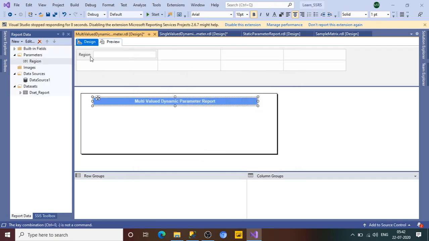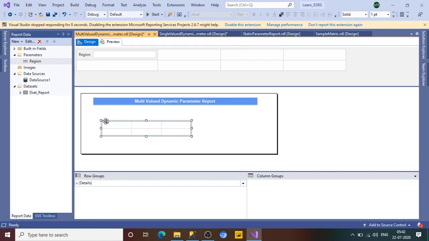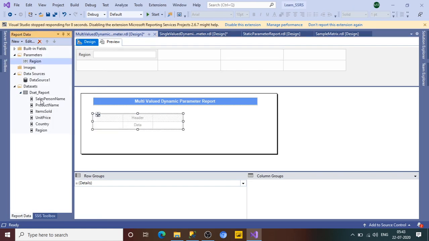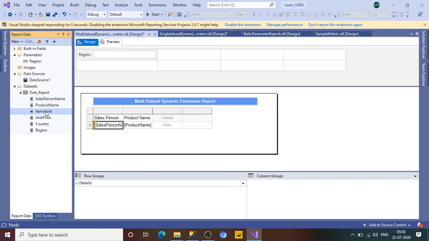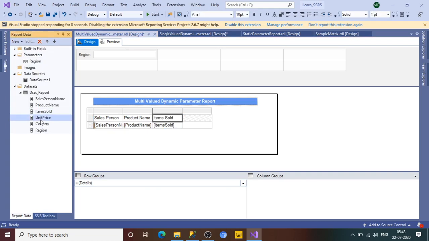So white, this is fine. Now the next is I wanted to drag a table over here. Okay, let's put it over here. And what are the columns? These are the columns that I wanted to display in the report. So just expand this data set and drag each of the columns here. So you just select your value and drag it like this.